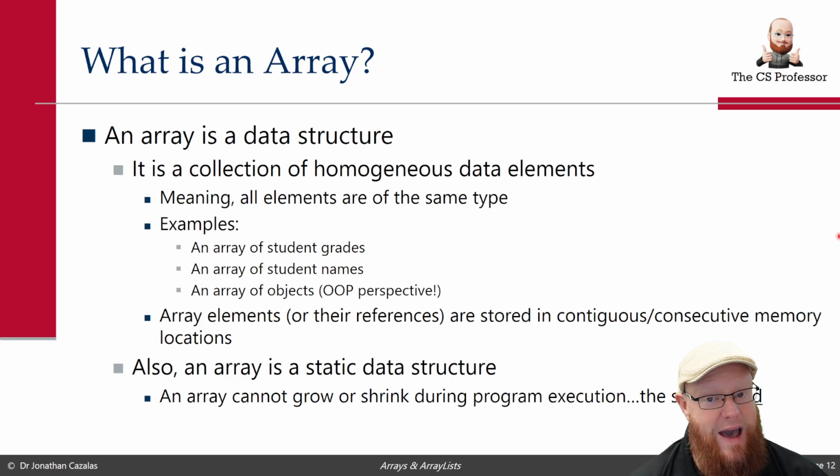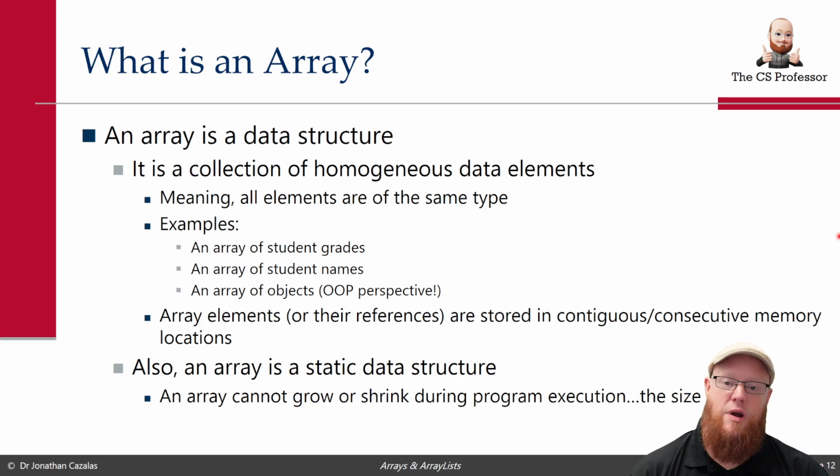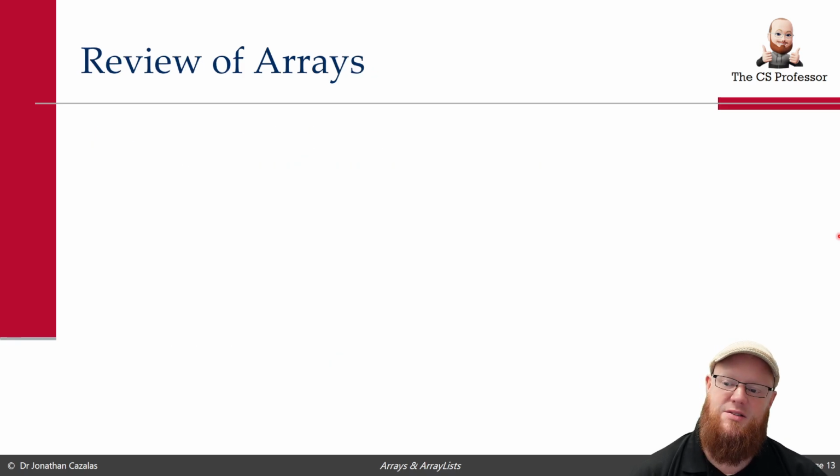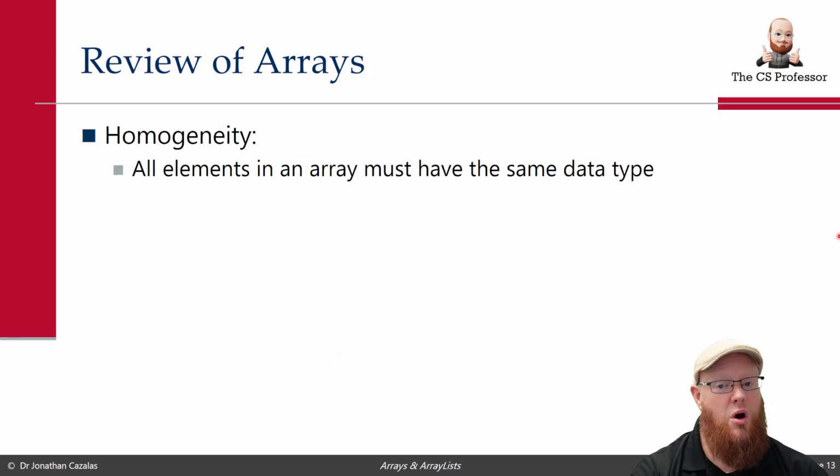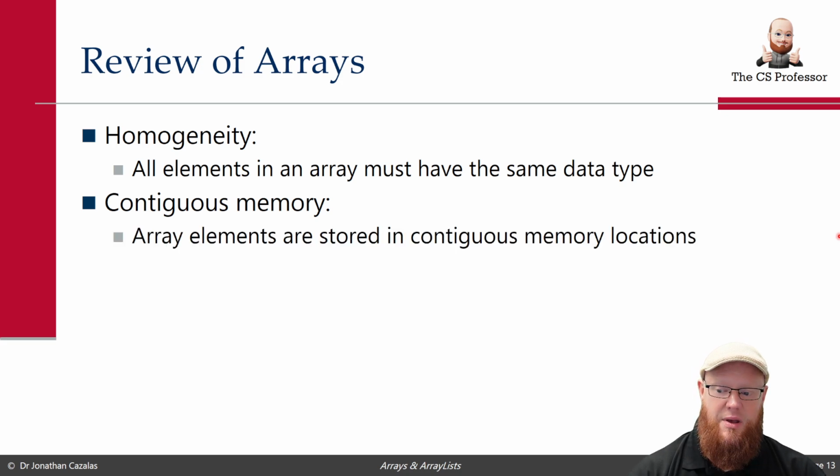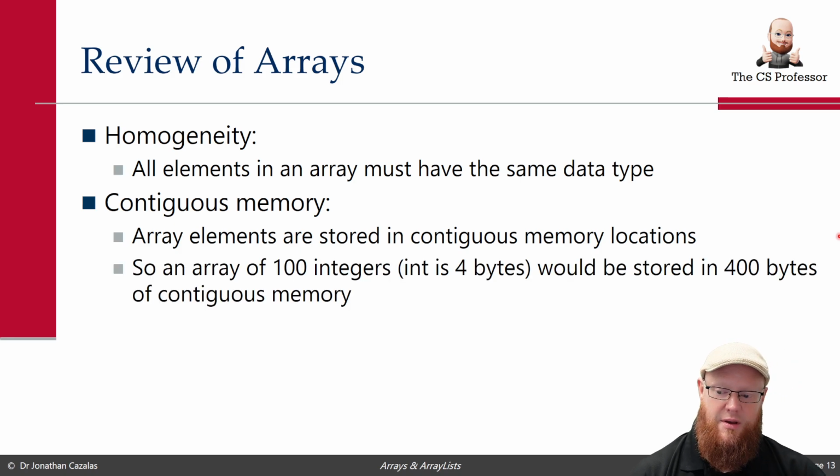An array is a static data structure, right? We cannot grow or shrink that array. Its size is fixed once we have created it. So all array elements have to have the same type, and array elements are stored in contiguous memory. So an array of